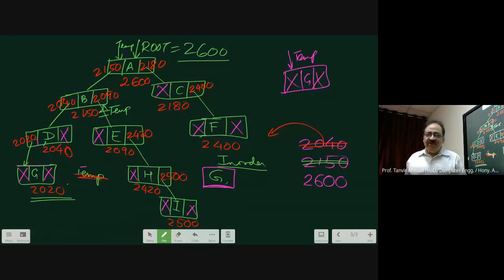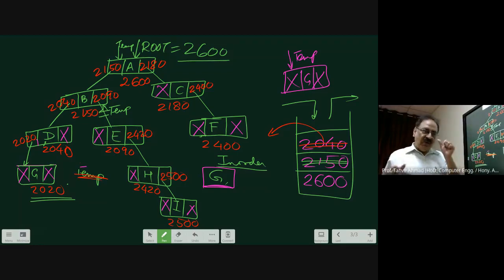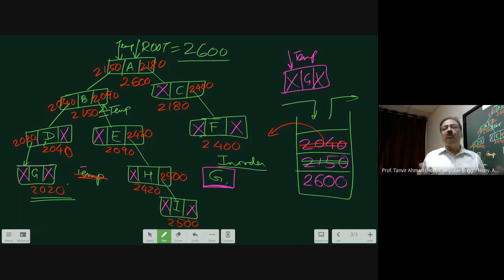Therefore, what I'm doing, I'm maintaining a stack. That is what two of you wrote correctly, Amir and Vital. So this was a stack where I push and perform a path. When I am going to the left pointer, I push the root address. Keep on doing until I find that there is no left of any node. I stop at G because G does not have a left pointer. And therefore, I process the G.